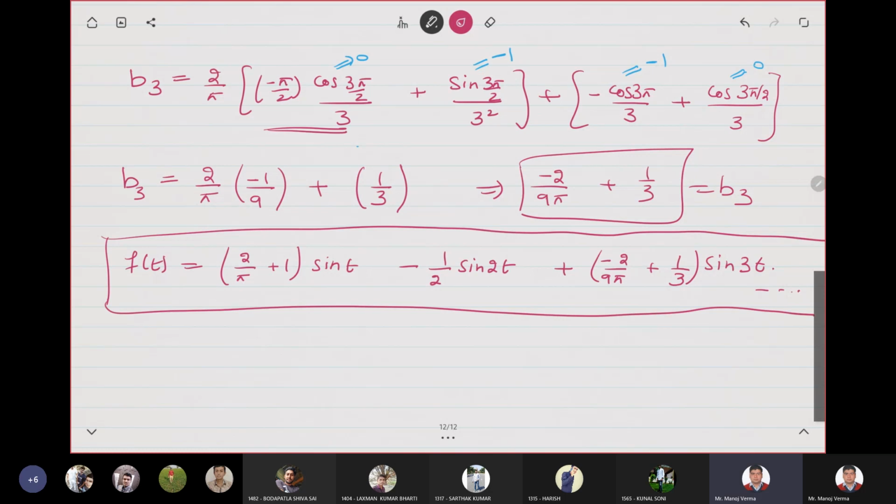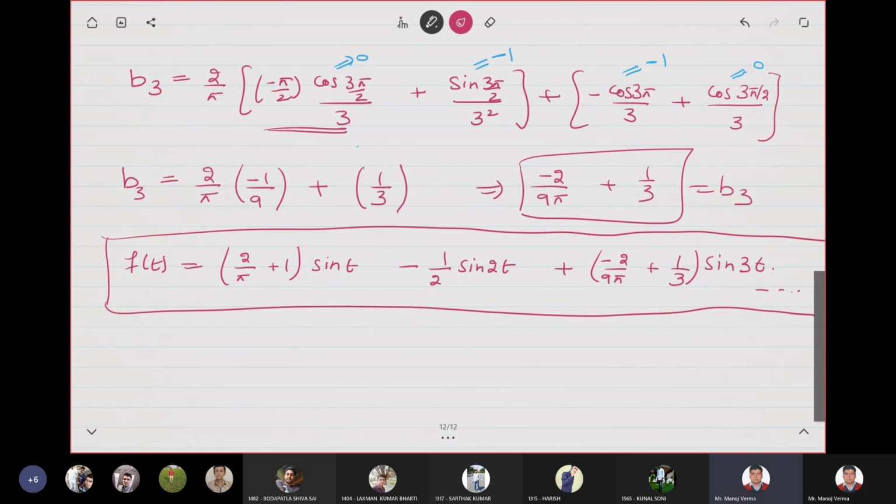Of course, you can see that the solution is coming in the sine terms only, because we have made such arrangements so that we have considered that function to be an odd function, and we have seen that for an odd function, the values of a0 and an become 0. So there will be no terms of cosines. The solution will only remain in the sine terms, right?